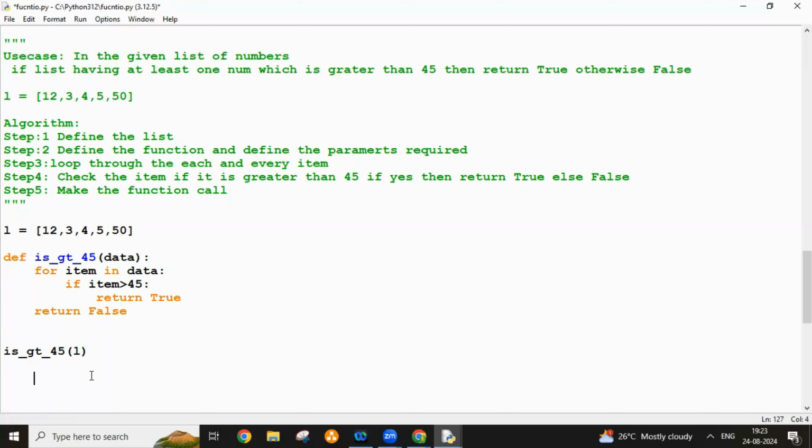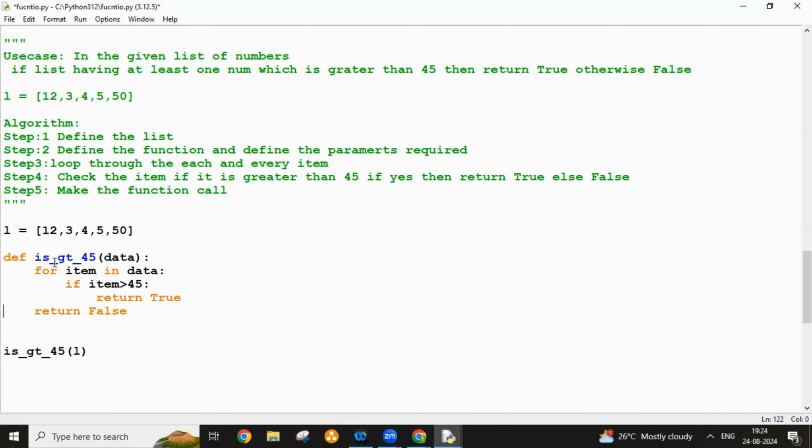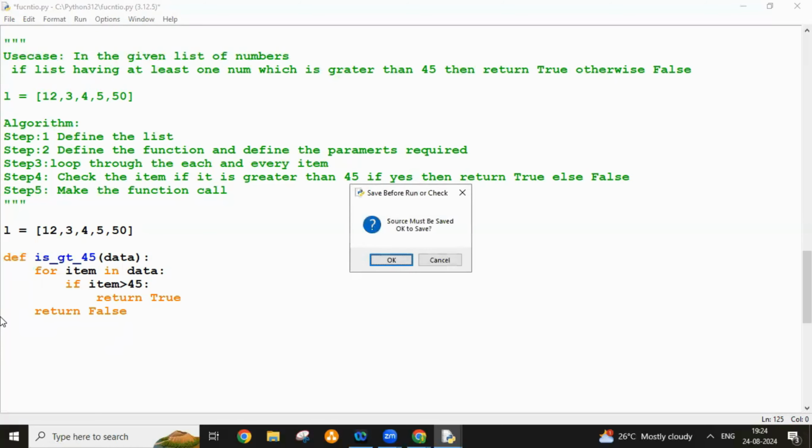So now let me explain you clearly. See here, when I define L equal to 12, 3, 44, 5, 50, this just creates memory. The data will be stored into the memory. And this function simply creates a function object in the memory. That's it. But when this will be executed, for example, let's say if I didn't have a function call here, if I execute this,